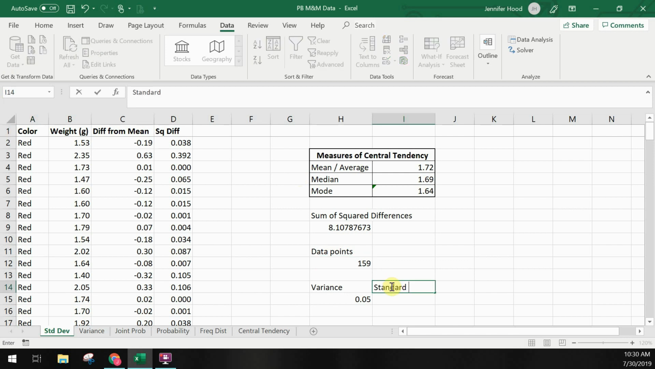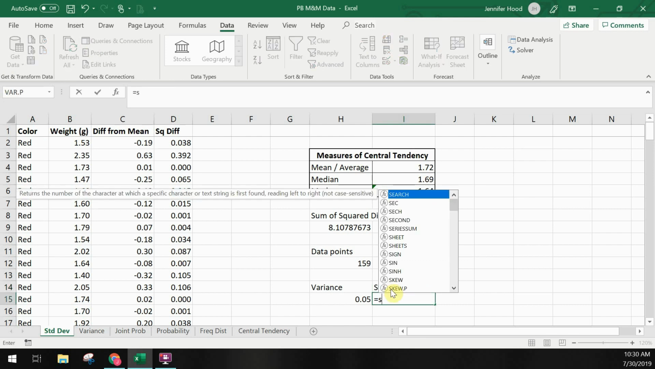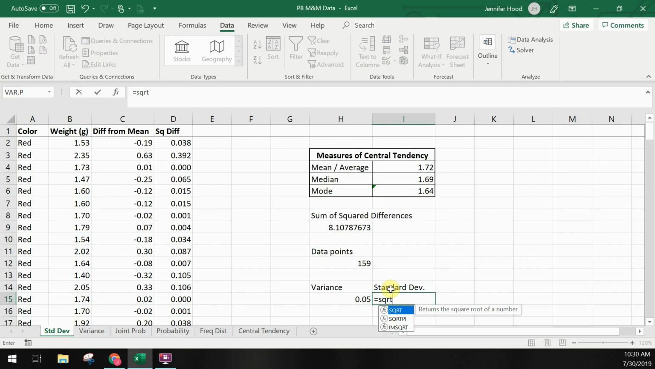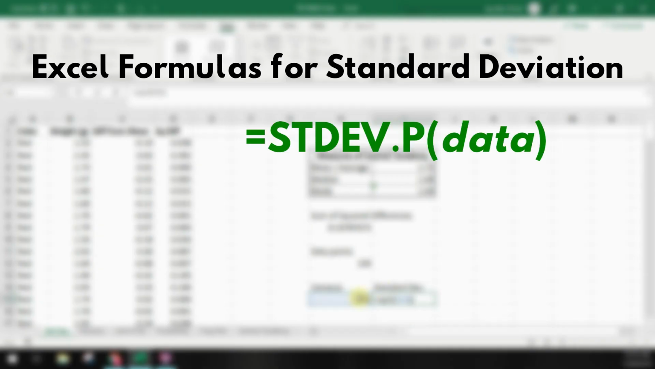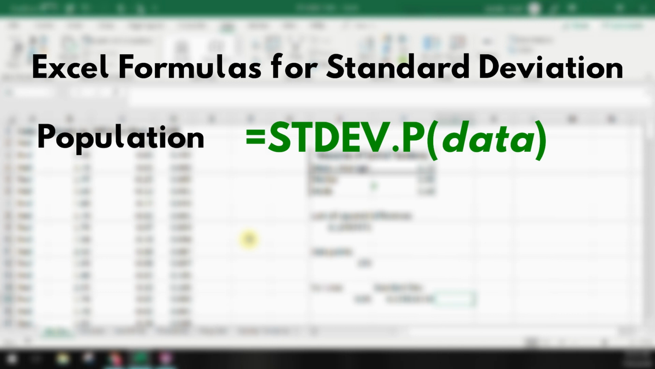To use this formula, we'll type in the function and then reference our cell that has that variance value in it. We could have also done the same thing using the function stdev.p and referencing our total list of weights without having to do any additional calculations ourselves. We would use stdev.p because we're looking for the standard deviation using data points for all members of our population, in this case